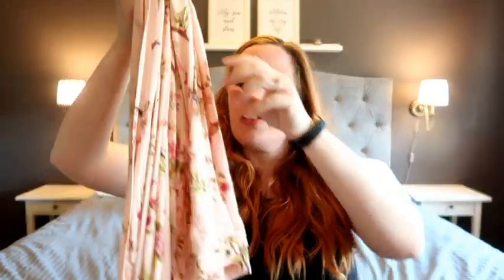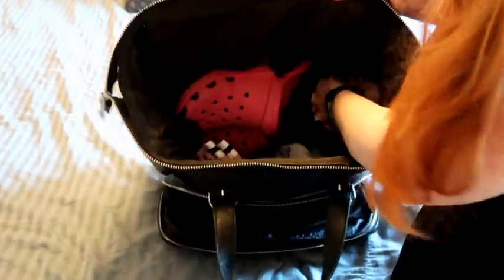I think it said kimono on the label. So it's a robe slash kimono, and it's pretty long, so it's gonna cover both up and down bits. I don't think I brought a robe for either of the other births, and I feel like I'm gonna get so much use out of this both at the hospital and afterwards, because skin to skin is something that I'm very passionate about. I did a lot of skin to skin with both my kids,